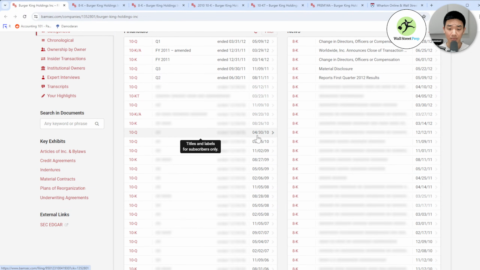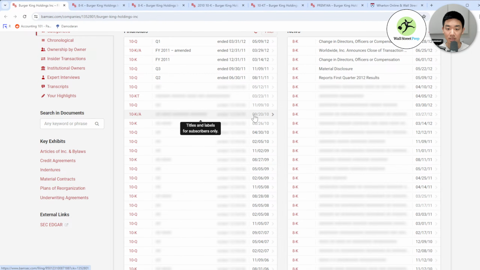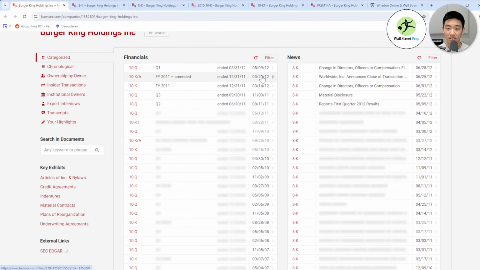But basically, if I were trying to figure out the latest debt and cash figures at the time of acquisition, you have to think, okay, it's September 1st, 2010 right now, and I am traveling back in time. The information that would be available to me is only from September 1st, 2010 and before that, right? All the filings here. After that, the figures are not available.